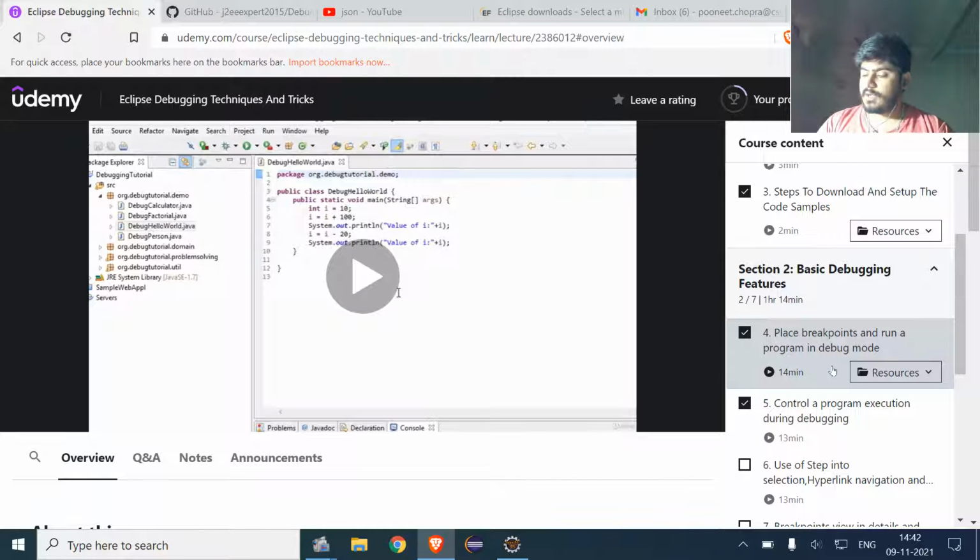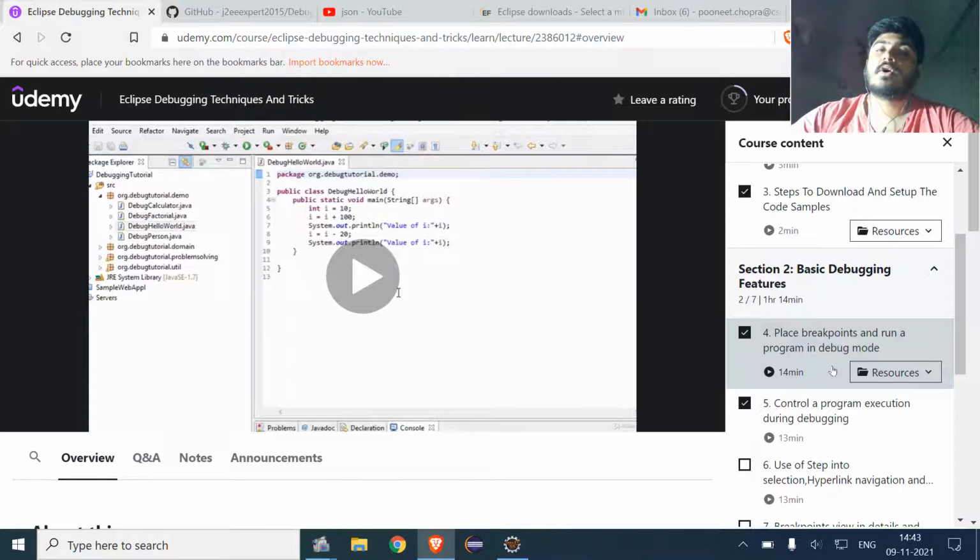So first of all, what is debugging? Basically, debugging is a methodological process of finding bugs in a particular software. And what is known as Eclipse debugging? It is the process which allows us to run a program interactively while watching the source code and the variables during the execution.